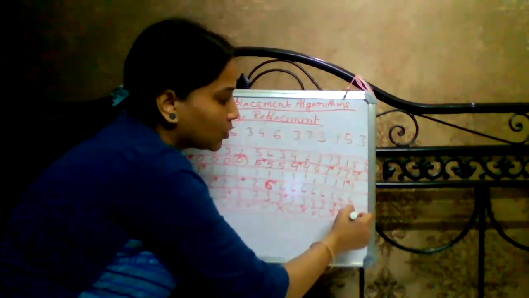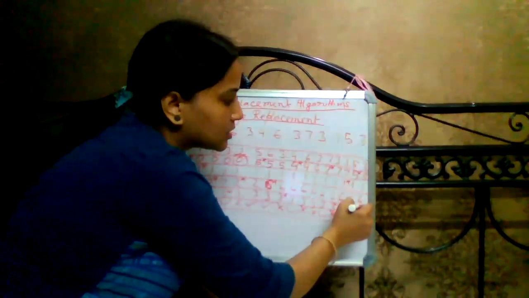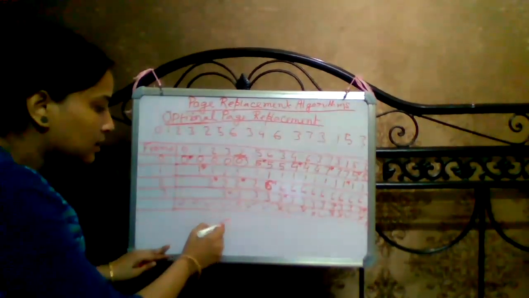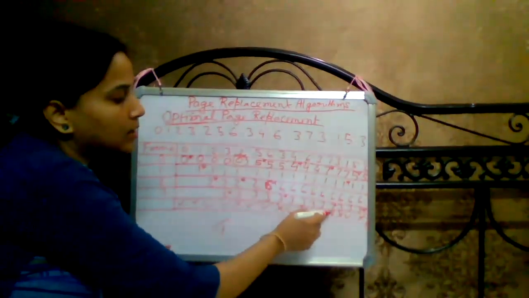Next 3. No page fault. 5, 1, 6, 3 and 3 is the running. Okay, understood? Same here. That is the 1, 2, 3, 4, 5, 6, 7, 8, 9, 10, 11, 12, 13,